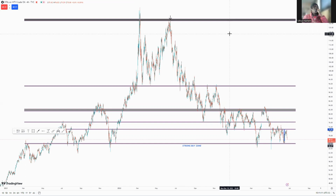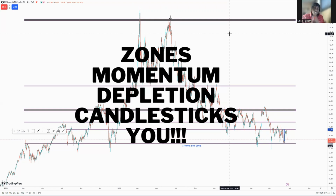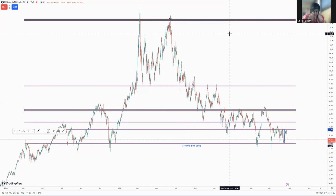Today's video is going to be based on how I took a trade. How we took a trade last Monday. Like I shared in our previous outlook, I'm going to be sharing how I took this trade. But never mind how I took this trade or how I take good trades, I need you guys to focus on your zones, your candlesticks, your momentum, your depletion, and most of all, you as a trader. So without further ado, people,